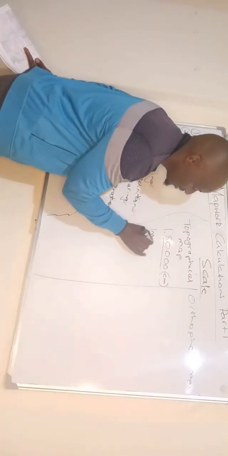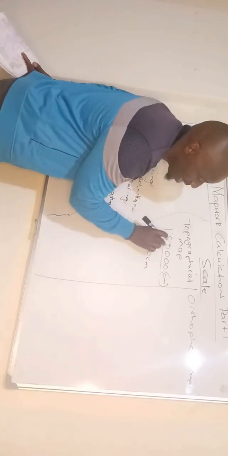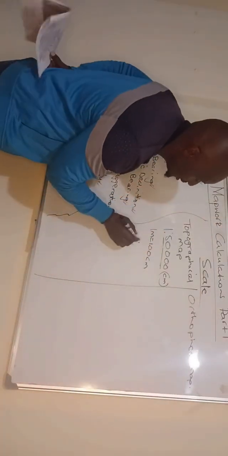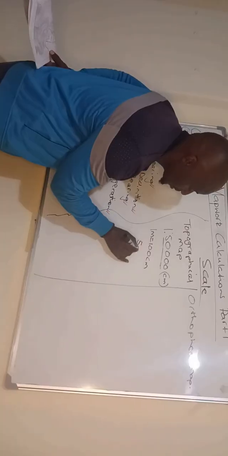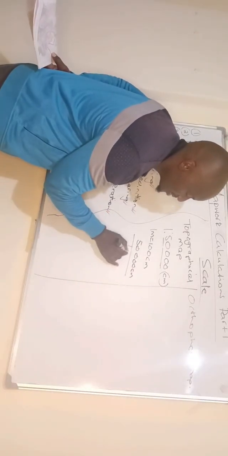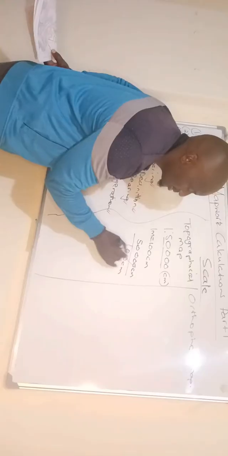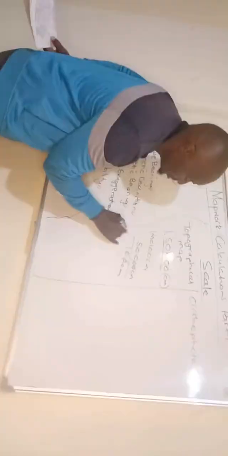1 meter, we have got what? 100 what? Centimeters. So for us to convert this 50,000 into meters, we divide by 100. It means we are going to say our 50,000 centimeters divided by 100 centimeters. What are we going to have here? Okay. So it means it will be the same as